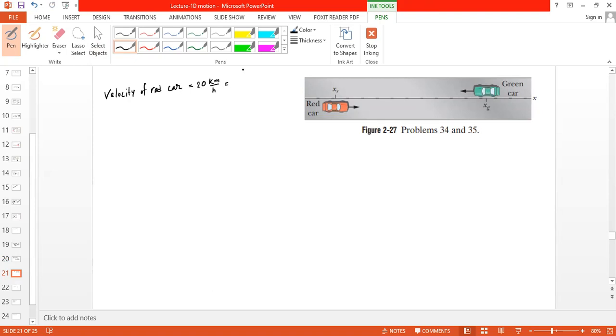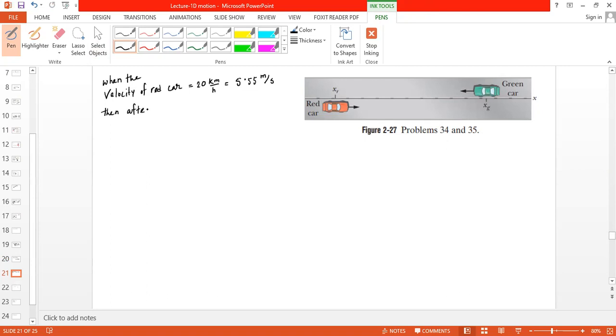20,000 divided by 3600 is 5.55 meter per second. Okay, and then you say when the velocity of the red car is 5.55 meter per second, then